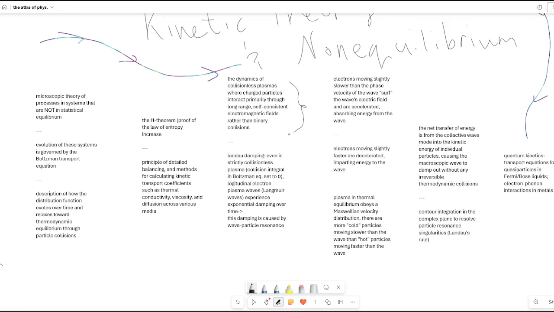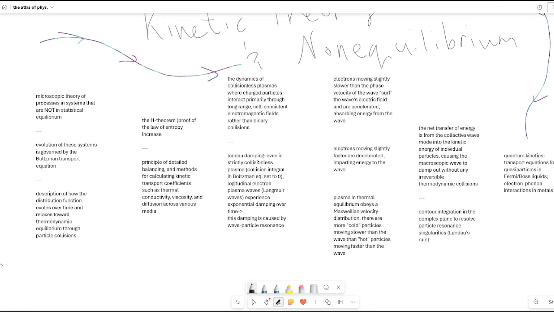binary collisions. So, again, this goes back to classical fields, where particles, their fields interact. Their continuous fields interact, not just the particles themselves, but the particles can then transmit. Basically, the whole idea is the plasmas are never actually colliding with each other, but because they're charged particles that are moving around in this soup, their fields are affecting each other, and so that's kind of what you would want to think about.